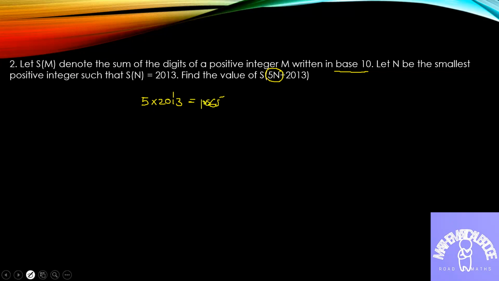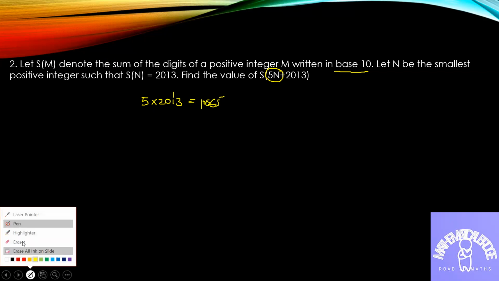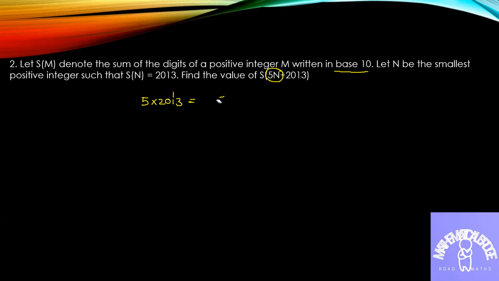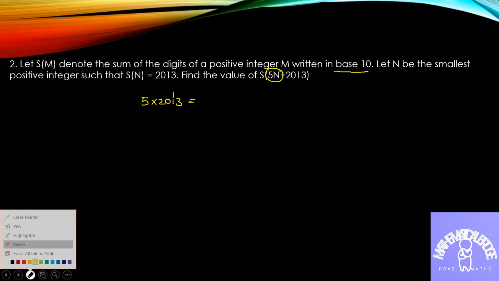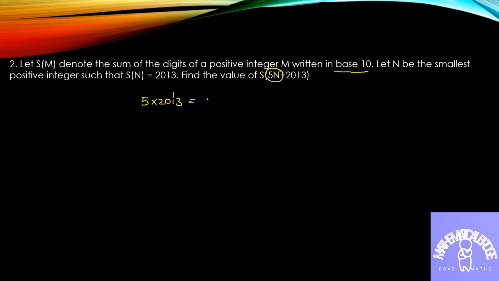Okay, let me write it clearly. So it's 10065, and we have to add 2013 to it, so we will get 5n plus 2013. So I get 10065 plus 2013, which is nothing but 87 and here 00. Okay, so 12078,